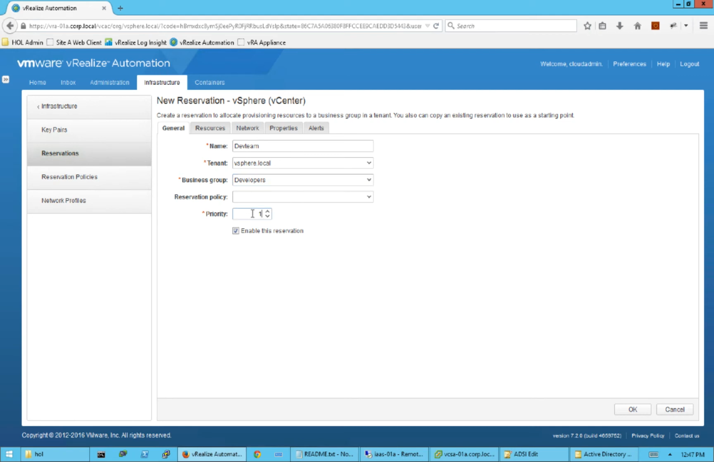And then priority one. And the purpose of this is if you had multiple reservations, so you had a bunch of clusters with the same capacity that you wanted to reserve for provisioning to, if you put them all at priority one, it would just round robin between them until they're full. But you could put priority one on the first cluster, priority two on the second cluster, three on the third cluster, and then it would fill cluster one first and then would move on to cluster two and then move on to three. So just a way to stagger how you want to use and utilize your capacity in your environment. And then we'll go to the resources tab